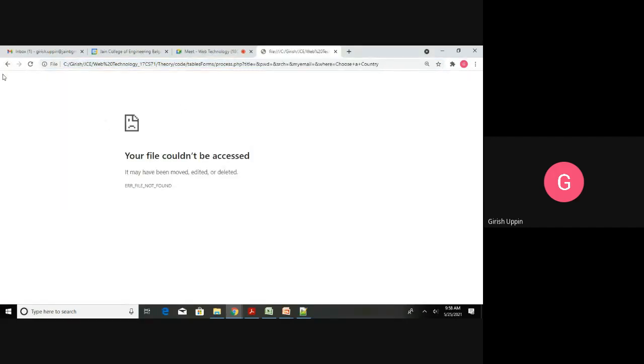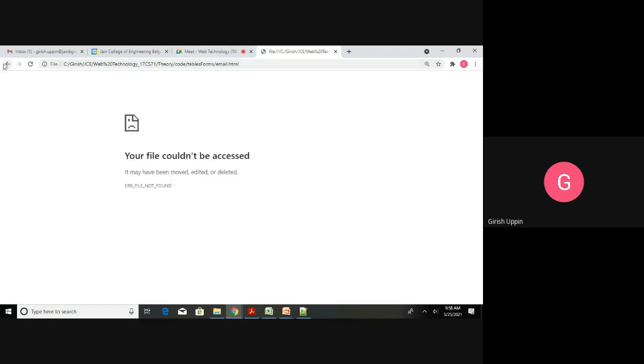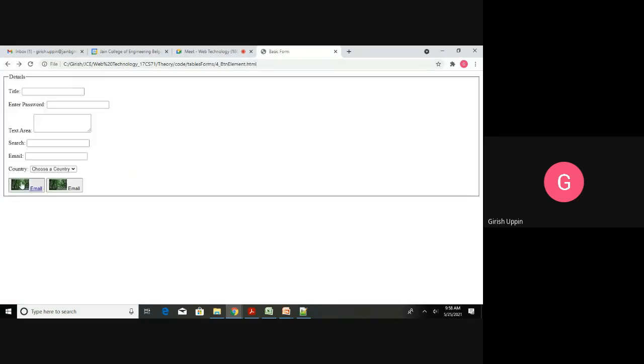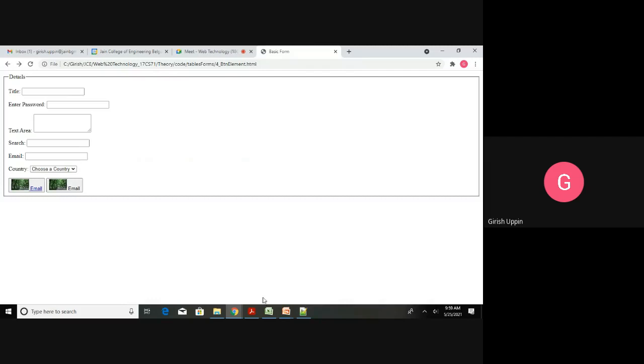And this is the click event. So you can see the difference here. When I click on this link, it will take me to the link, you can see email.html. And when I click on the button, then it is trying to submit with whatever values we have. That is how we can have those two buttons.